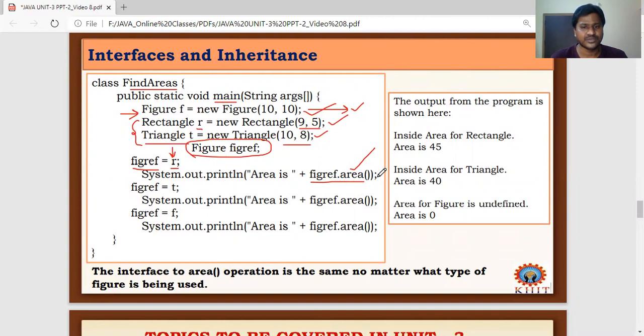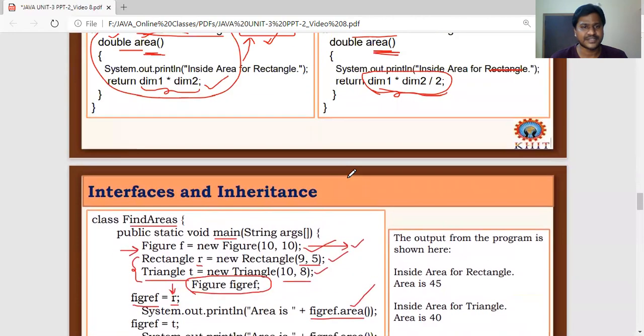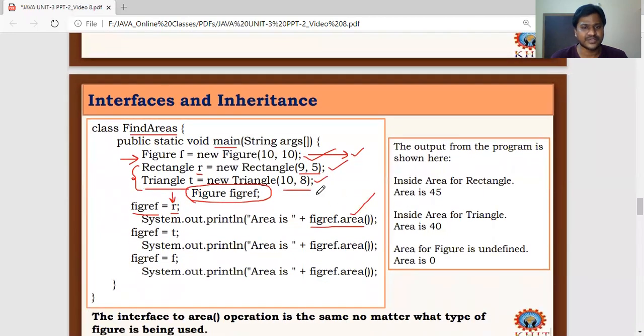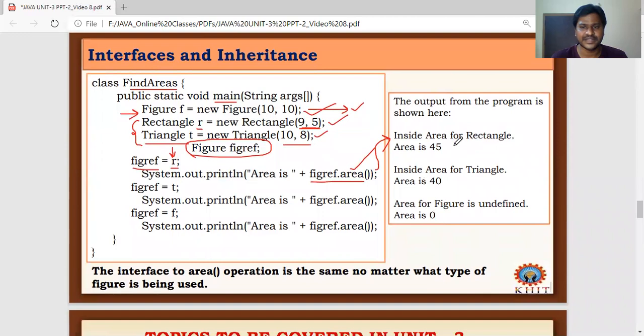So what is the output here? For the area of the rectangle, we are multiplying those two values. The rectangle object contains the values 9, 5, so 9 into 5 is 45. That's why the first statement executed inside the area of the rectangle prints that the area is 45.